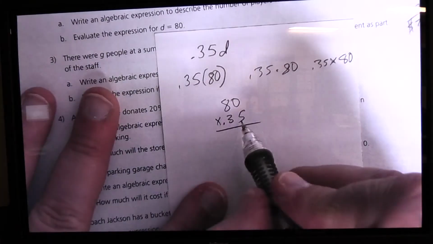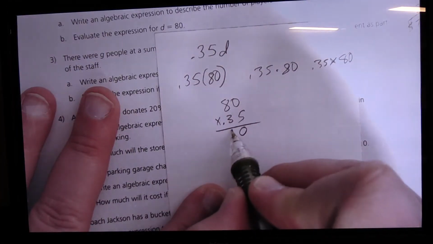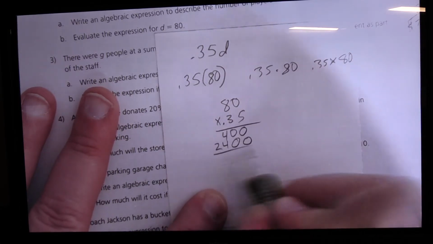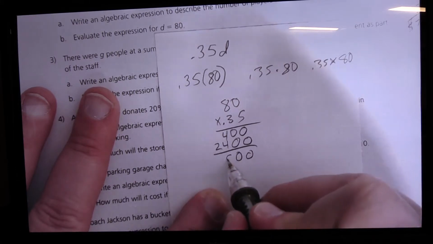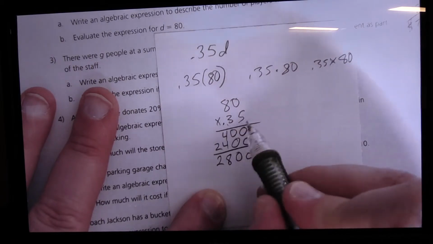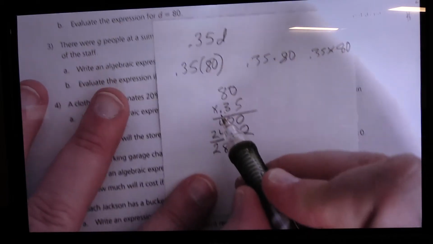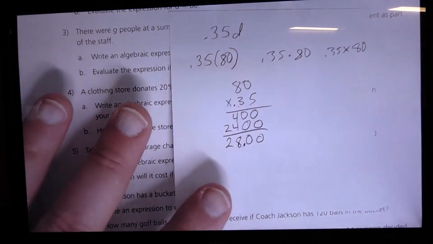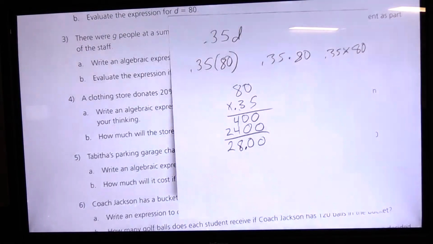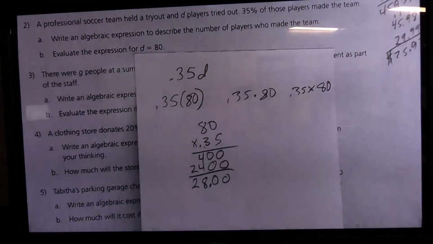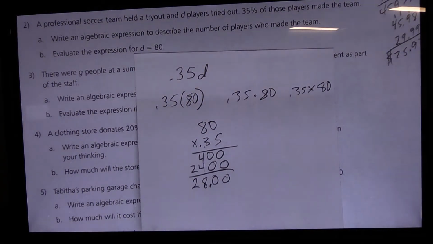So I'm going to say 5 times 0 is 0, 5 times 8 is 40. My placeholder, 3 times 0 is 0, 3 times 8 is 24, 0, 0, 4 plus 4 is 8, nothing plus 2 is 2. Now I have 2 digits to the right of my decimal point here, so I have to have 2 digits to the right of my decimal point here, so I'm going to put it right here. So it turns out that if 80 people showed up to try out for this professional team, and 35% of the people who showed up made the team, then 28 people made the